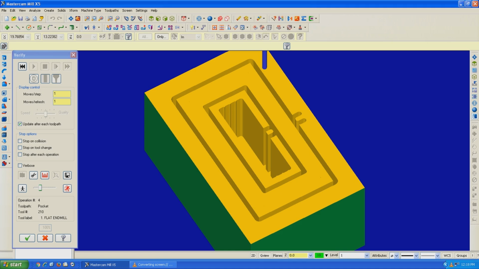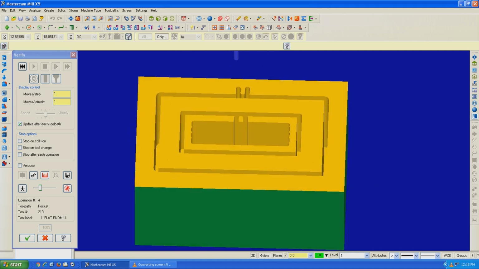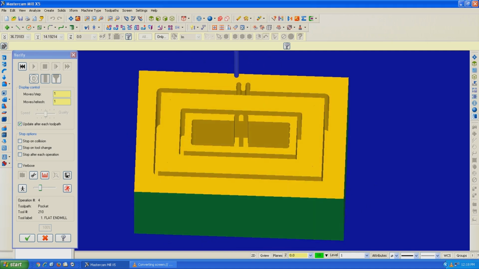Okay, so this is a very basic how-to video for those who just picked up the software and would like to start machining right away. Again, this is not a proper tutorial on how to use Mastercam, but it's just to get you started and get you familiar with how to create toolpaths